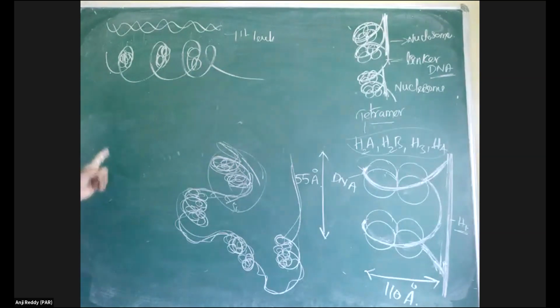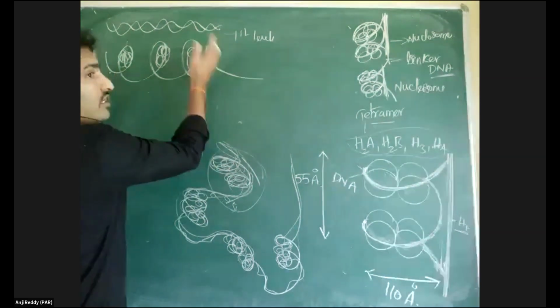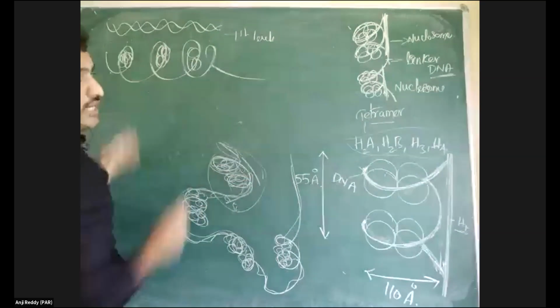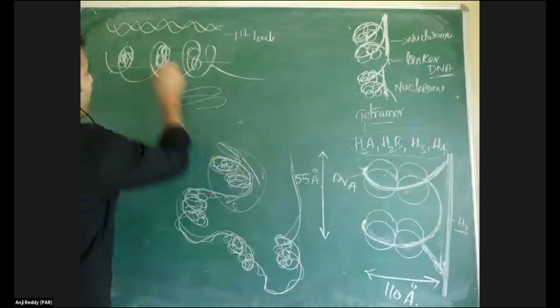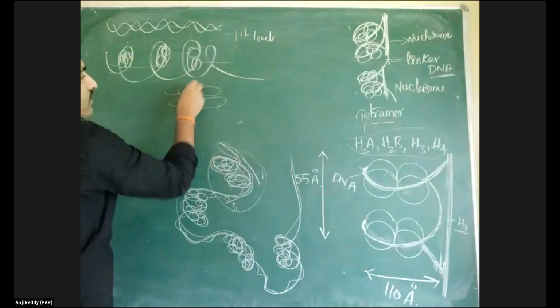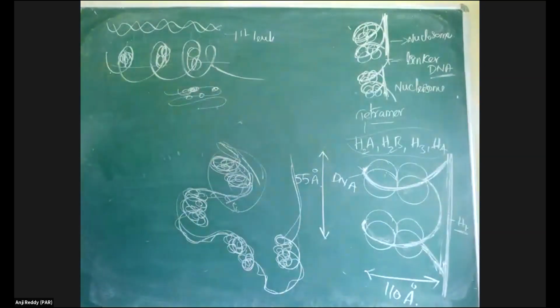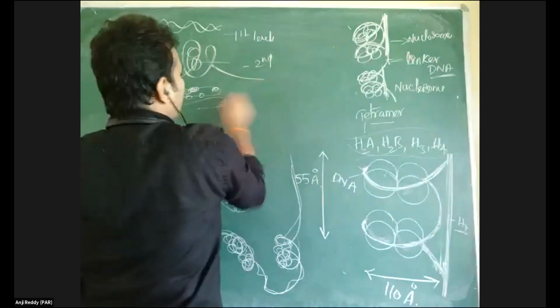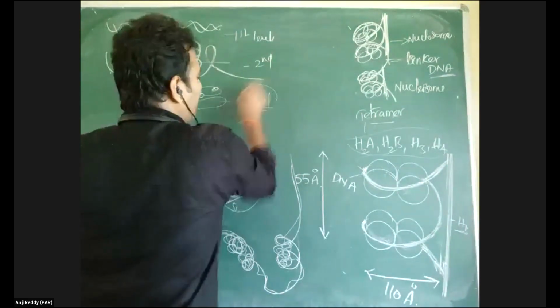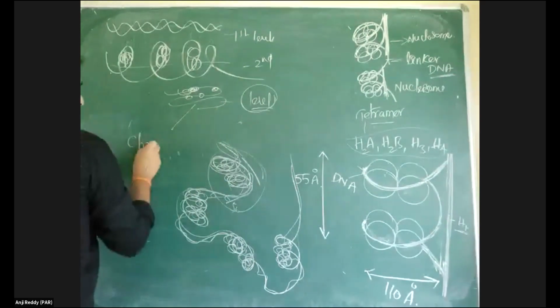I will share a diagram on screen share so that you can understand. I will explain that again. So this is what a chromatin material. This chromatin material again is folded. This is a long chain. That long chain is folded like this. This is one bead, one bead, one bead, one bead. That is again folded. This is second level. Again folded. That is third level. This is again folded. Finally it forms a chromosome structure.